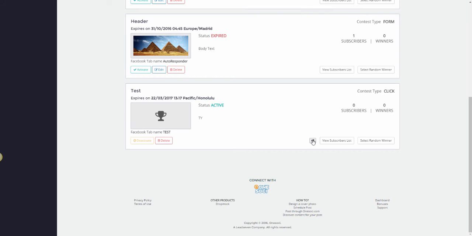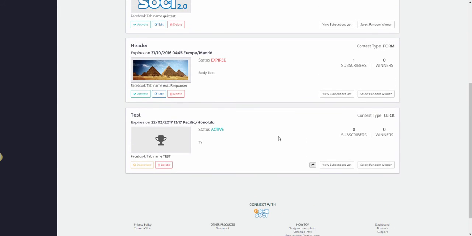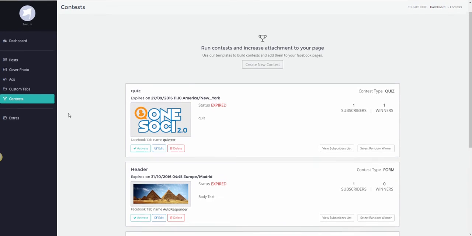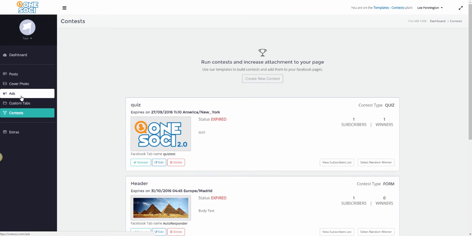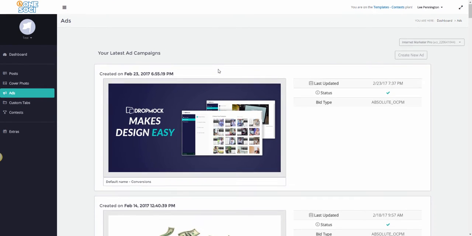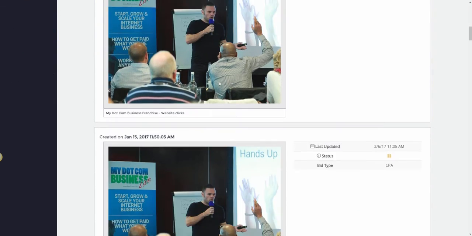Okay, again, important to realize that the new feature is in OneSoci for you to start using now, especially if you have a lot of mobile traffic hitting your site or your Facebook page. Okay, another new feature is within the ads. Now, obviously, you can actually see the ads that have been created